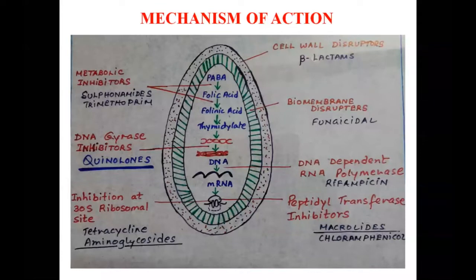Now in mechanism of action, they are beta-lactam antibiotics. As I told you in the initial part of the introduction, they are chemically structured related to penicillin, and their mechanism of action is also related to penicillin. In this diagram, you can see how the bacterial cell metabolism is going on at different levels. Today we are concerned with the cell wall synthesis inhibitor. You can see the cell wall disruptors, they are the beta-lactams. And just like penicillin, cephalosporins are also cell wall synthesis inhibitors.